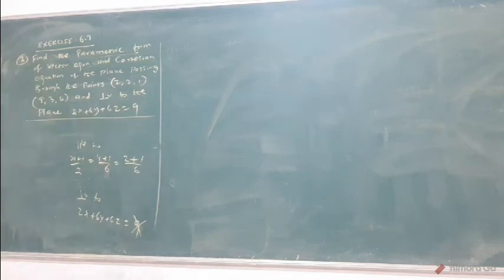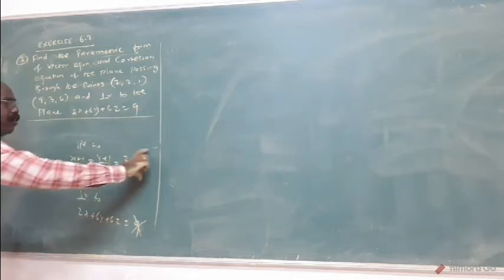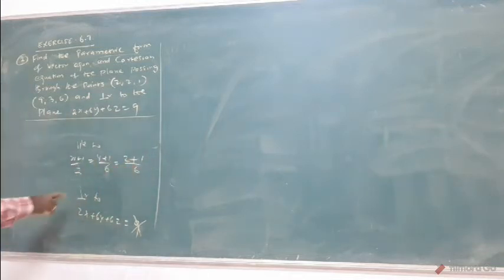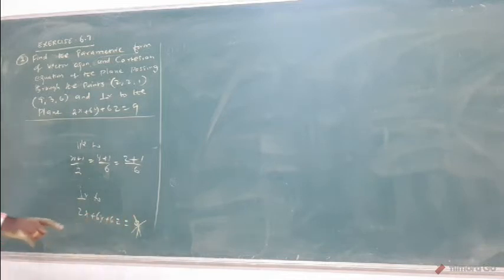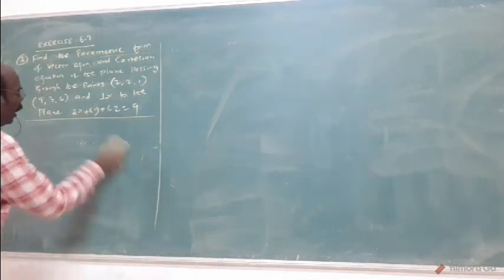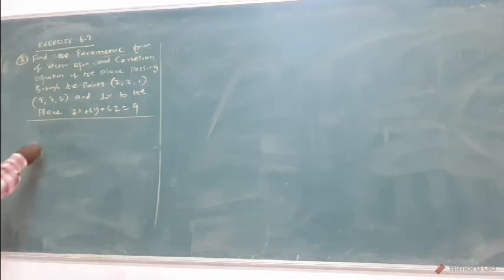Anyway, 2 points and 1 vector is given, but a different formula is used. Parallel to this type of equation, the denominators are considered. Perpendicular to this type of equation, consider the coefficients of x, y, z. No need to consider the constant or whether it is negative or positive. That is not a vector. You will consider only x, y, z. Both are the same: 1 point, 2 vectors. Now, from the question, I will give the answer directly.